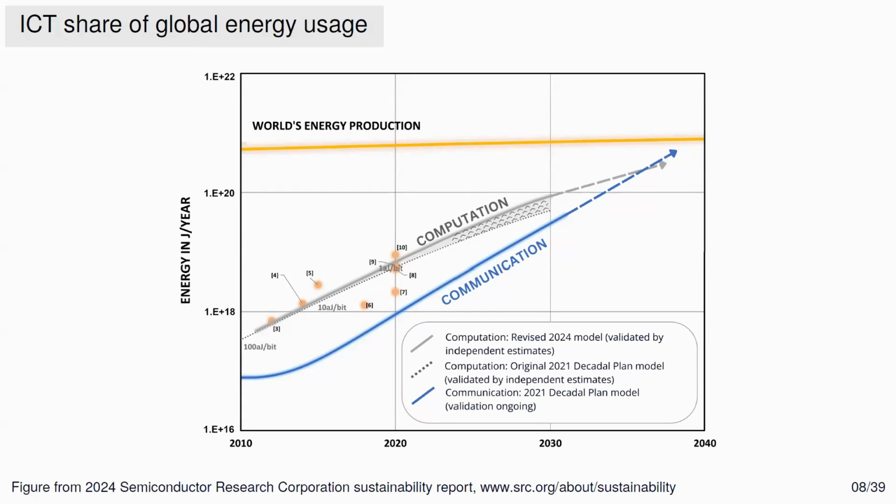So this is just a conceptual picture from the Semiconductor Research Corporation Sustainability Report from last year. The point on this slide is to show that the energy required for computing and for communication is increasing at a very fast pace. We always get told that electronic devices are getting more efficient and more energy efficient and faster. But actually, the demand for these capabilities is outpacing the rate at which you make devices more efficient. So as a result, the energy used for computing is actually increasing exponentially.